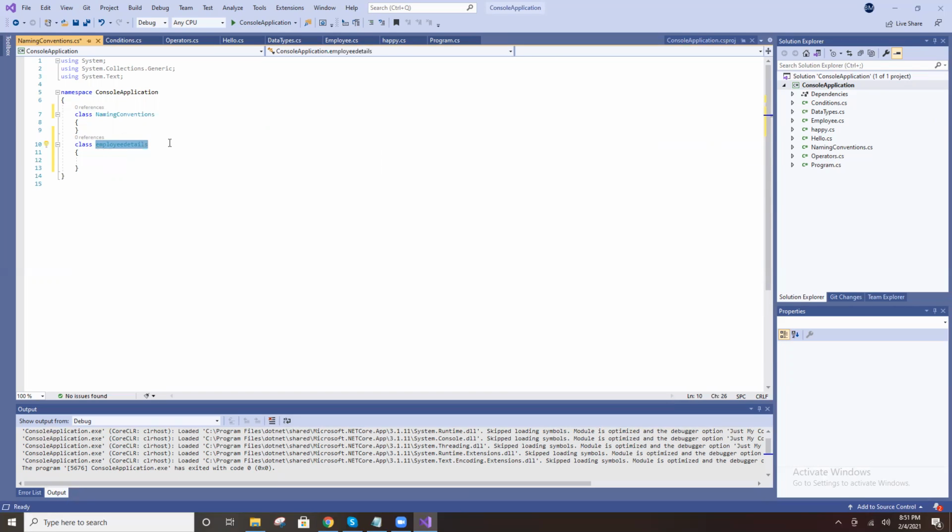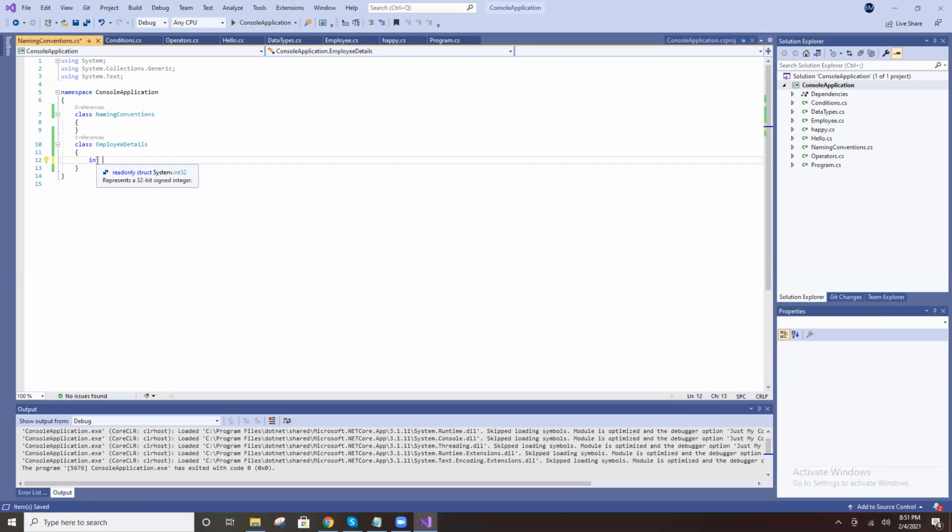There is no error message, but you are not following naming conventions. What is the naming convention? Class name starts with a capital letter. Employee, and the next word is details, right? Details, this is also a capital letter. Now Employee, you are following naming conventions.